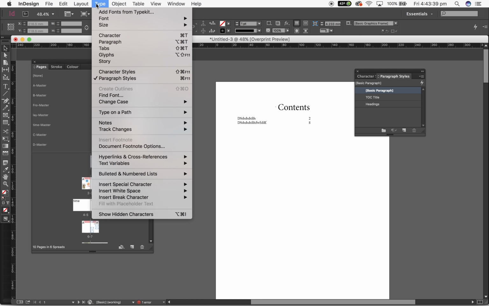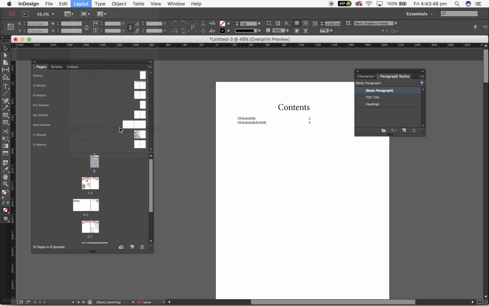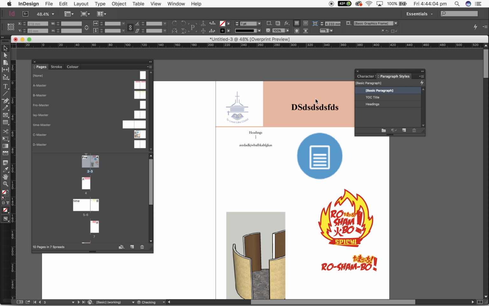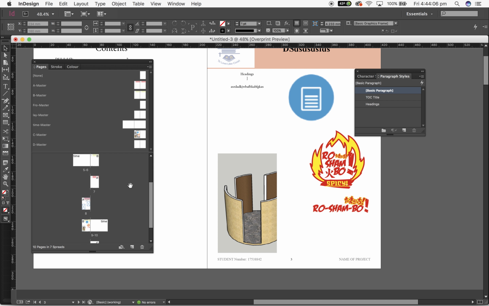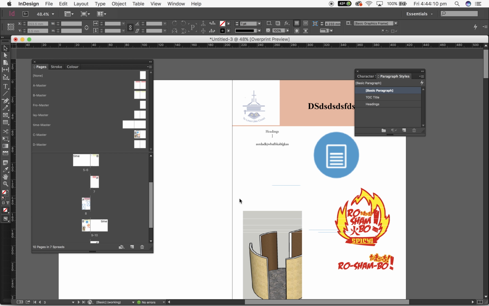So I think that pretty much covers what I wanted to talk about. The only other thing is numbering and section options. Okay. So you could change it so you get automatic page numbers. You could change it so you start page numbering at page, I don't know, 2 for some reason. And what that's going to do is, let's have a look. That would mean that we're going to start at page 2, which is our contents page, and then we immediately